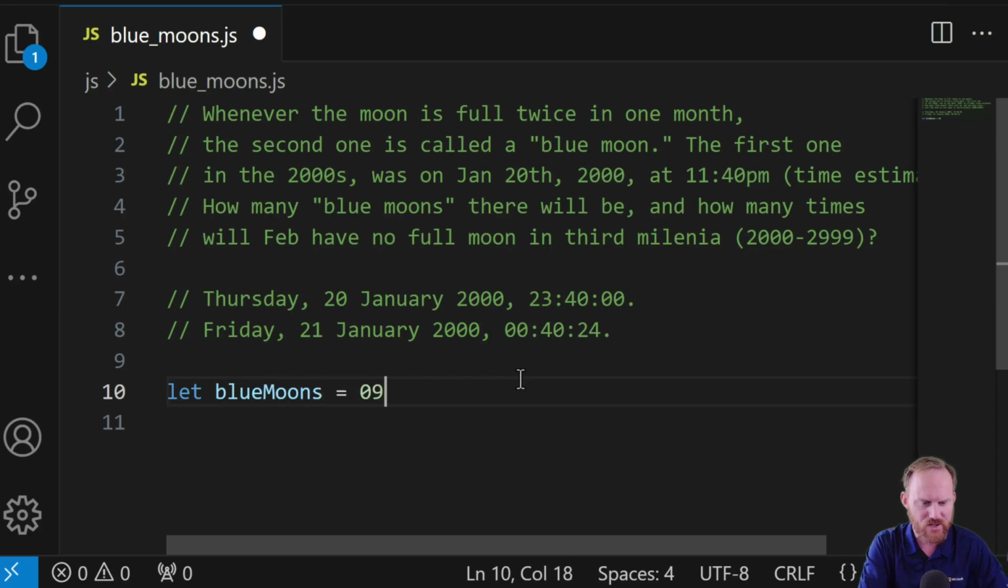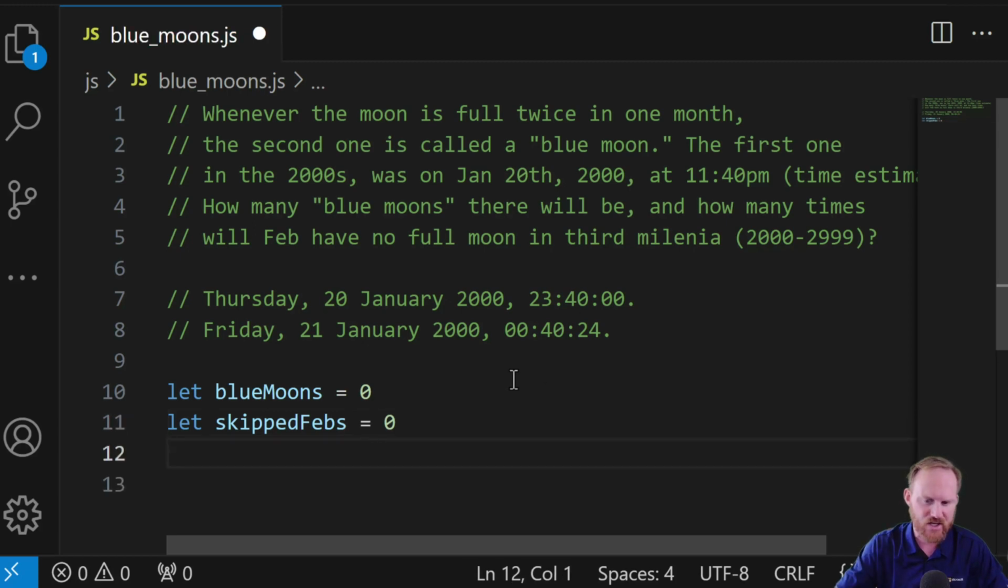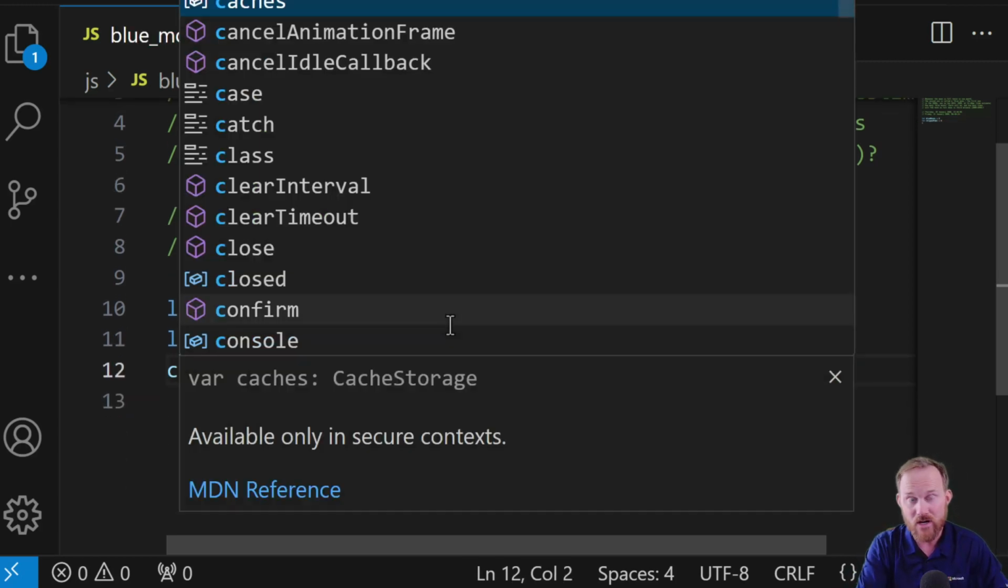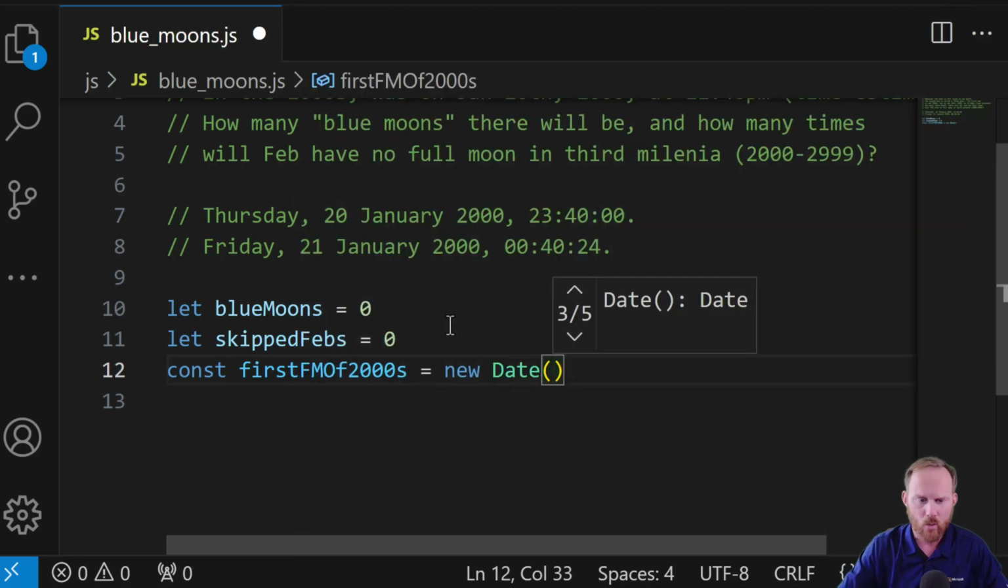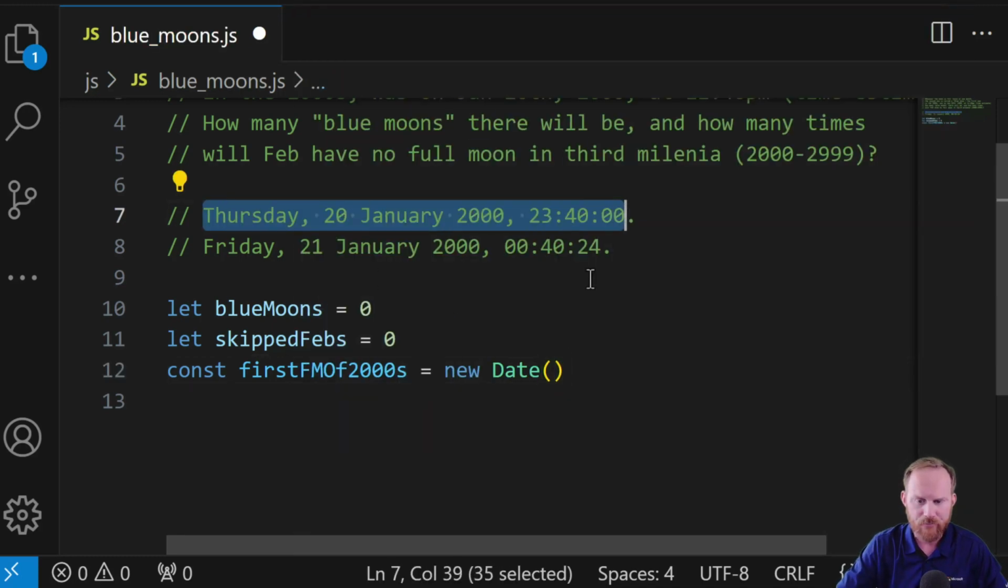We'll have blue moons, which will initialize at 0, and we will have skipped Febs, which will also initialize at 0. And we're going to have our starting date. So we'll do first full moon of 2000s, like that. And this is going to be a new date, open, close, and I'm going to hand it